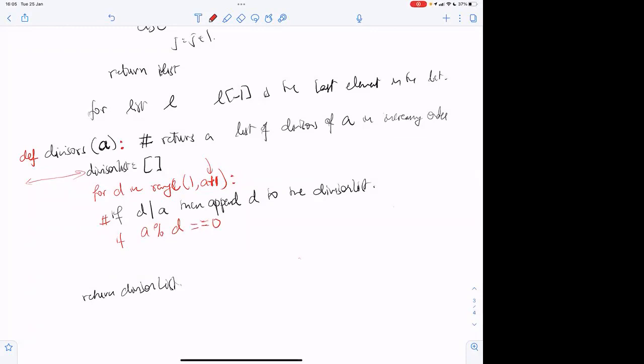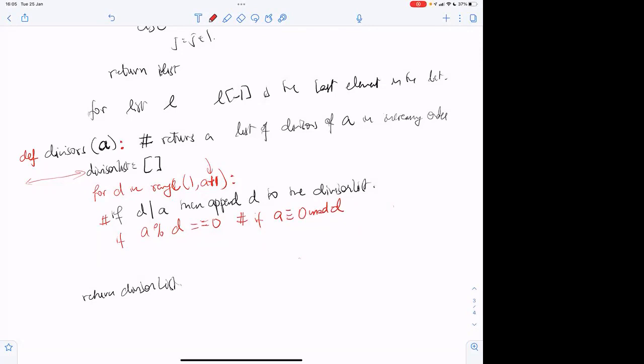So if A modulo D is congruent to 0, if A is congruent to 0 modulo D, I should write it properly. Basically, whether A is divisible by D or not, correct?